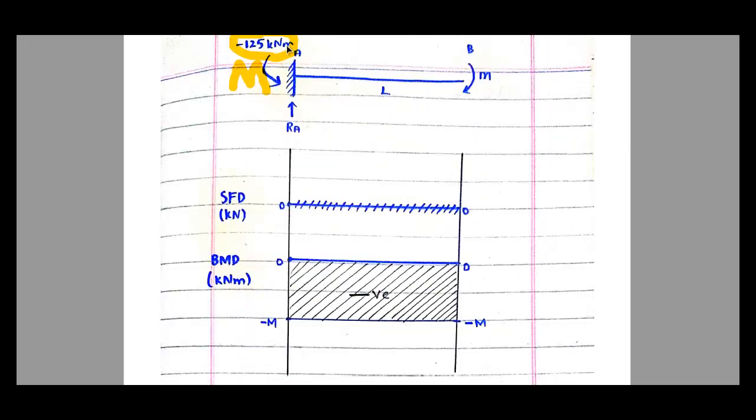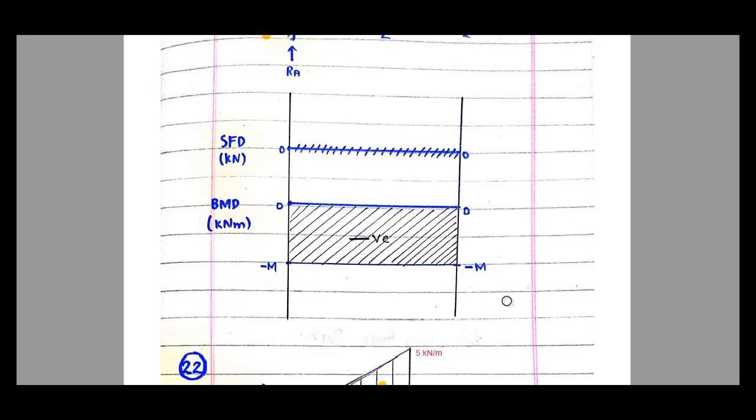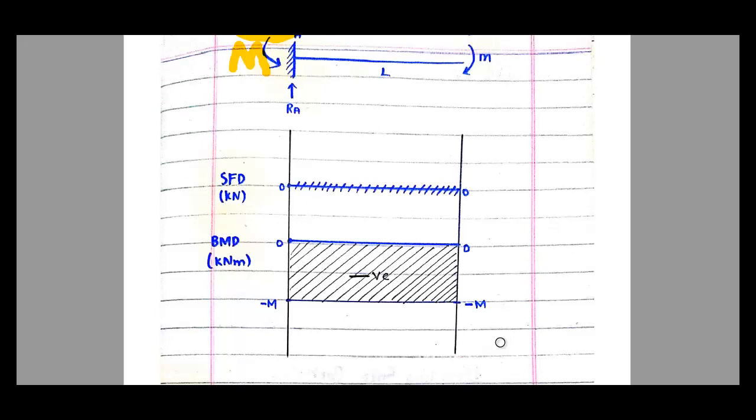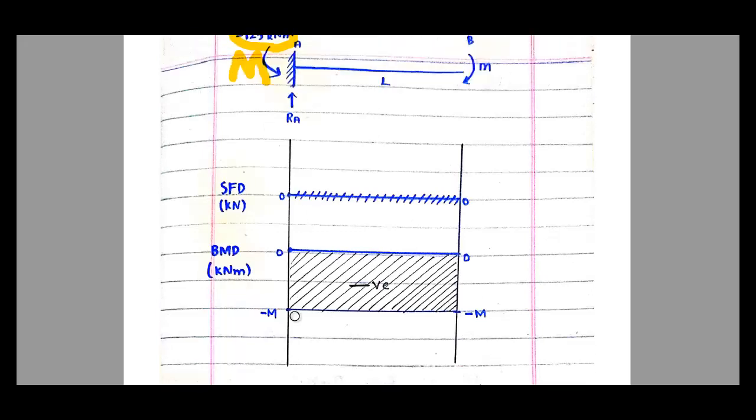It's 125. I think this is just a typo, so this is not 125, this is M. And the bending moment diagram is negative M, this is fine. Shear force is 0, and for this beam, if the entire bending moment diagram is negative, then the elastic curve will be